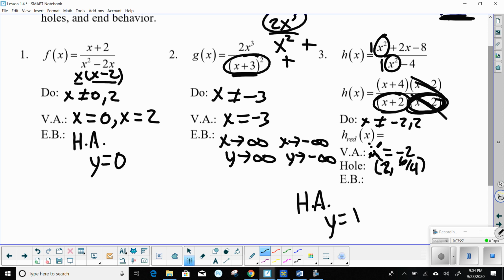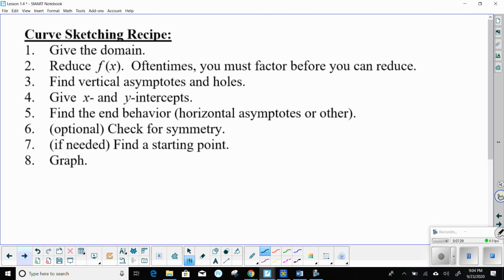as we go through and graph these functions. So in the book, it has this curve sketching recipe. Basically, they're just steps you can follow to get enough information, hopefully, to get a good graph. So step number 1 always is to give the domain. Step 2 is to reduce f of x. And when you go to do that, a lot of times you'll have to factor